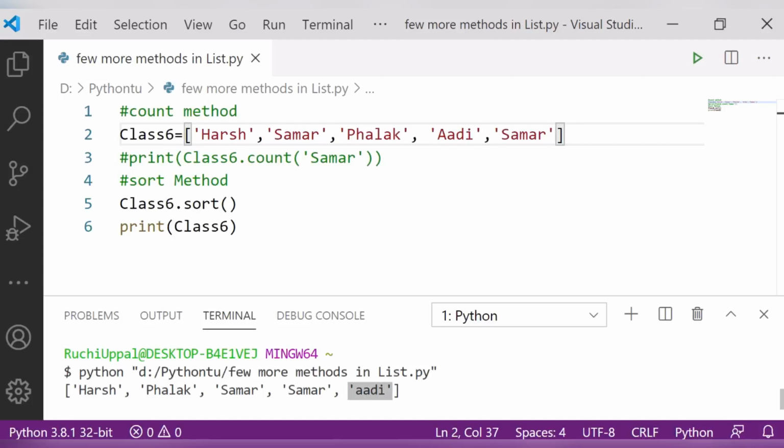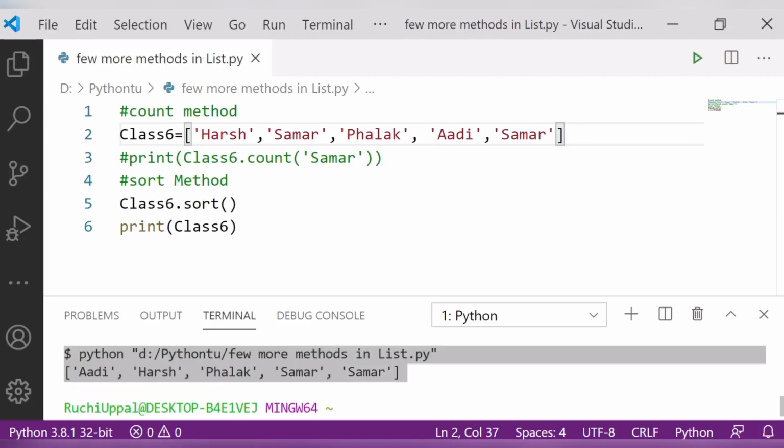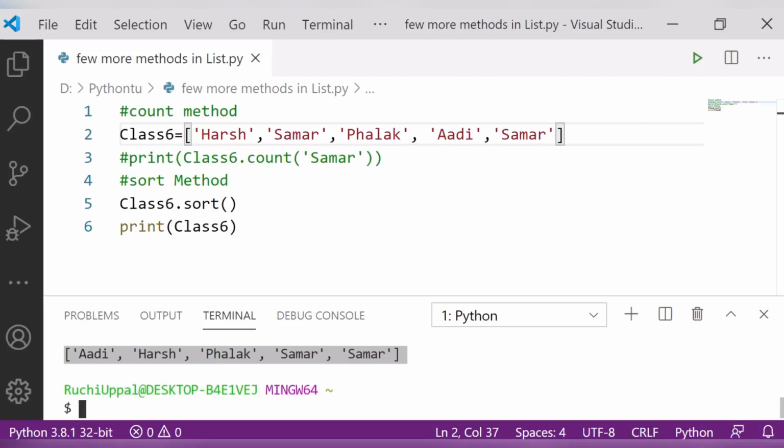When I make it similar, with the first letter capital, S capital, H capital, you can see when I run it, these are all arranged alphabetically. But not before, because the first letter was not capital. Now I changed it, so it is showing me the output accordingly. Clear? I hope this output is clear to you.